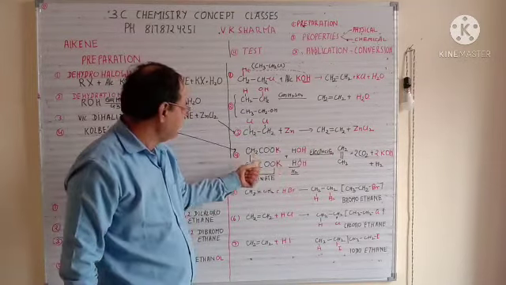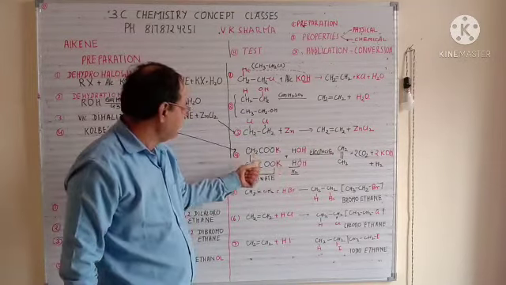So one H will go to this carbon, one H will go to this carbon, and the double bond will be broken. So overall you will get CH3 and CH3. I have written here CH3, CH3. So this is your ethane. Now suppose you take Cl2. One Cl will go at this end, one Cl will go at this end. So you will get 1,2 dichloroethane, and the double bond will be broken after addition. Same way you can take Br2. One Br will go here, one Br will go here, so 1,2 dibromoethane.